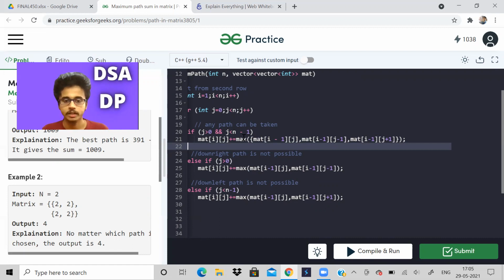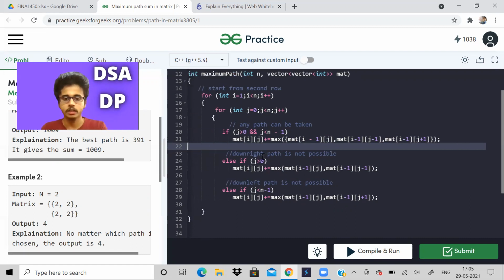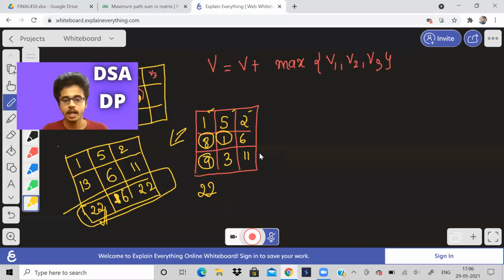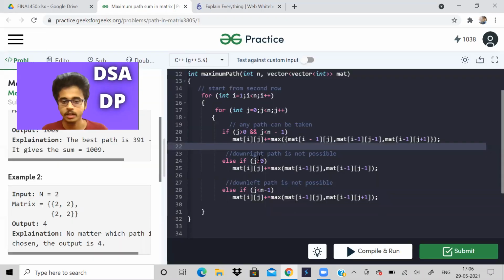Then what else is there? If j is equal to n minus 1, that means we can't do this kind of move because that will be out of the matrix.